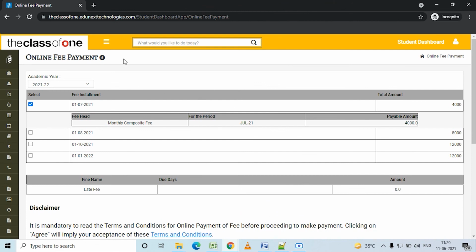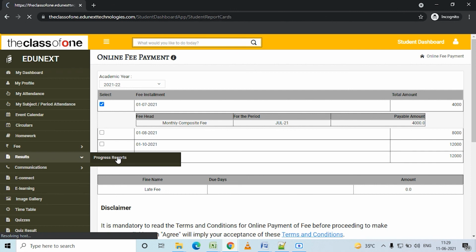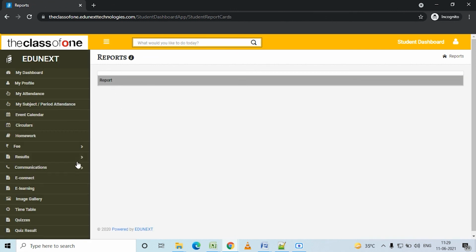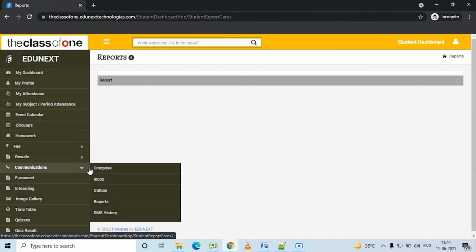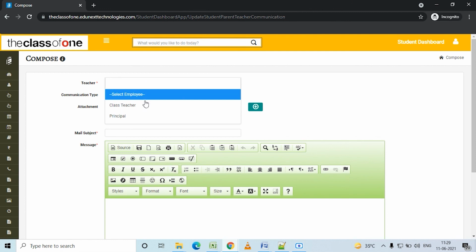Now come to another tab, that is Results. Through this button, the student can check their online result. Another one is Communication. In Communication, we have a compose button. Through compose, the student can communicate with the class teacher or principal.